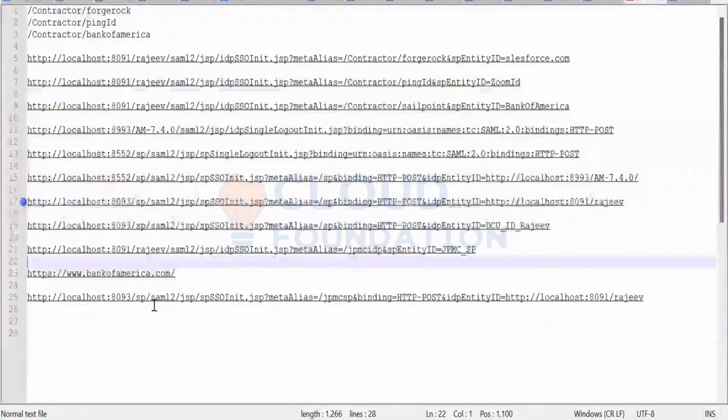Just let me check. Sub.jsfs. Metalias JPMCSP and binding HTTP post, and IDP ID is equal to HTTP localhost 8091. In the last, are any slashes required? I don't think so, but